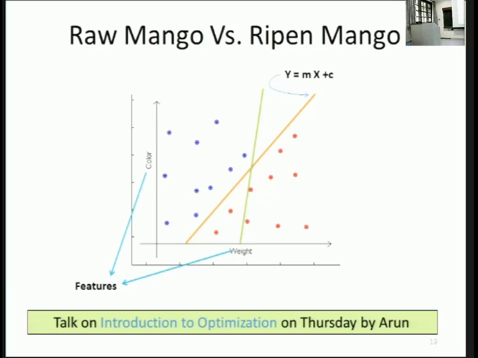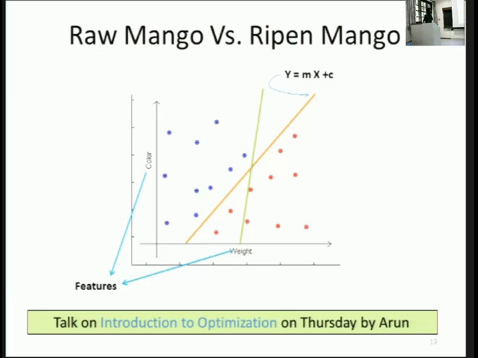This line can be represented as y = mx + c. That's a linear equation, and m and c are the variables. The whole idea of the algorithm is to just find that m and c. If you get this m and c, you get this line. Now, I call this computer an intelligent computer. Why? Because it has this amazing ability of finding which is a raw and which is a ripened mango, right? So the idea is to find the line, and that's an intelligent computer.